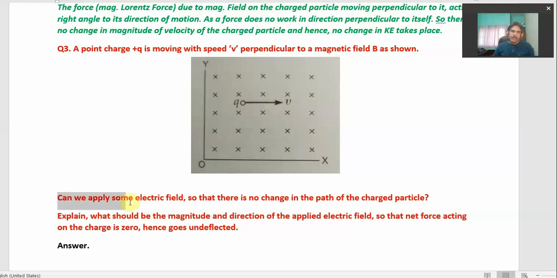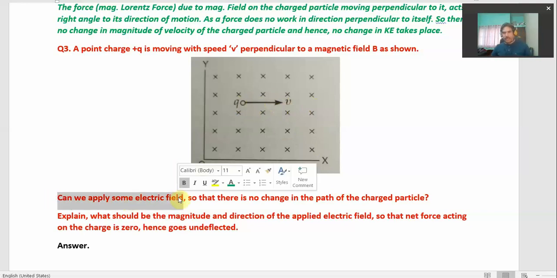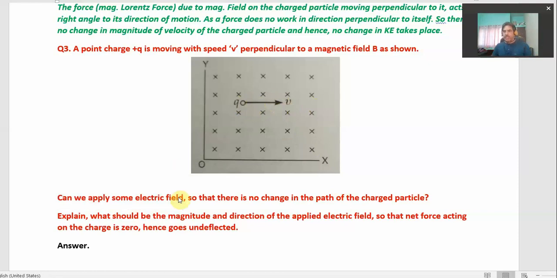So the question is, can we apply some electric field? We already know that an electric field can exert a force on a charged particle. If it is a positive charged particle, then the positive charge moves along the direction of the electric field, meaning the electric field exerts the force on this positive charge along the direction of the electric field. So if we want this positive charged particle to be pushed downward, because due to the magnetic Lorentz force it will move in the upward direction,